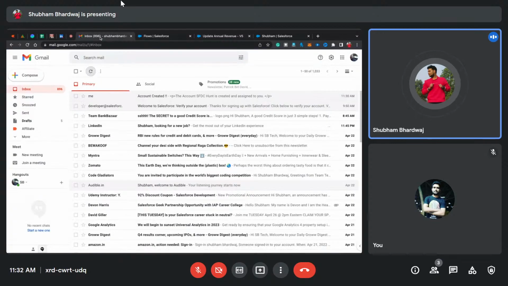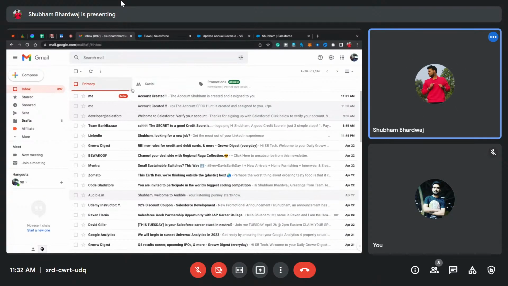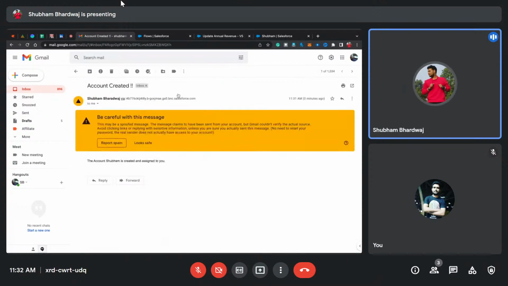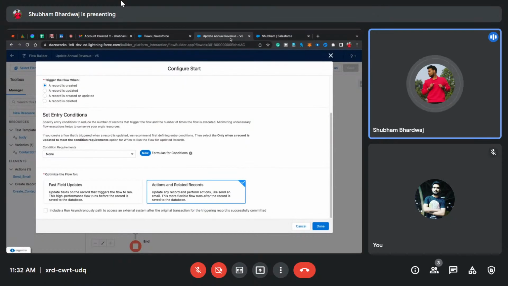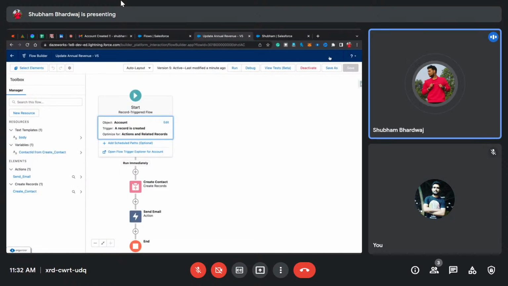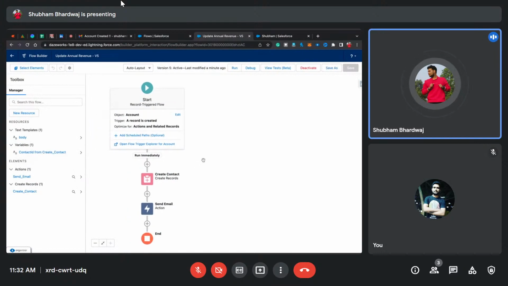So I think I received the email. Let me just refresh it. So yeah, here you can see the account name, the account Shubham is created and assigned to you. Now you will see those HTML tags are removed from the body, right? So that's the reason you need to click on that toggle and simply type true over there. If I provide you more use cases, I am going to build one more flow,